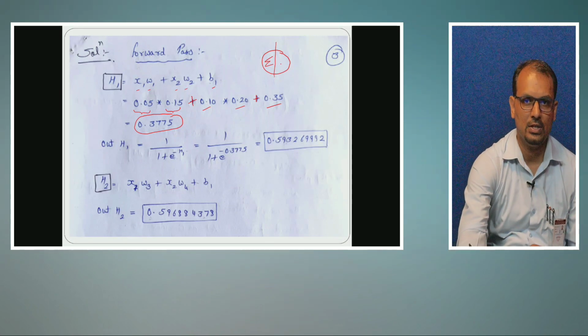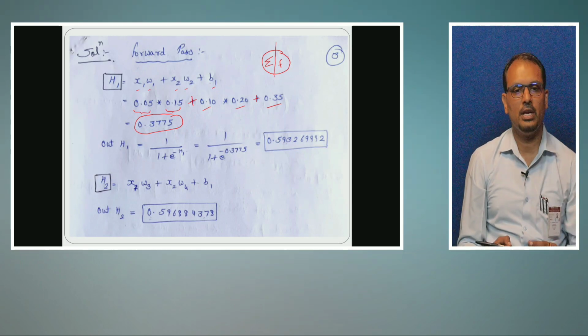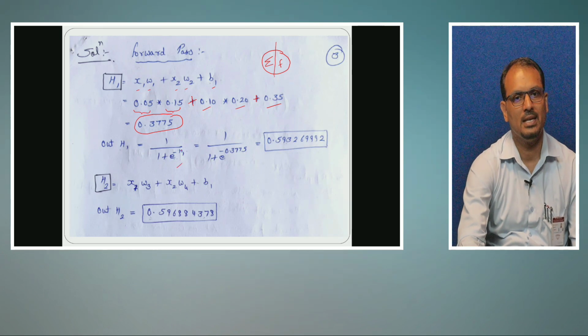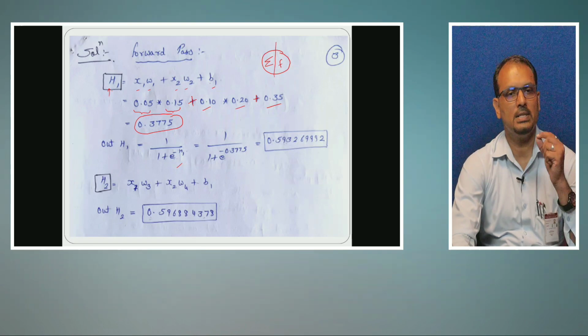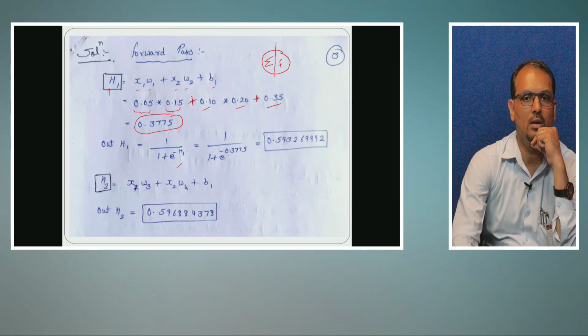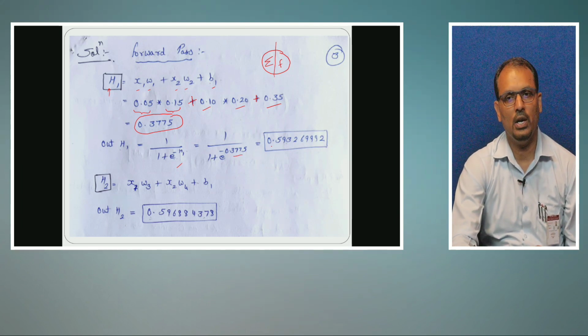And at the second phase, you are applying the activation function f. And what is the activation function here? Sigmoid. And what is that formula? 1 upon 1 plus e power minus x1. Here instead of x1 we are giving the notation h1 value. What is this h1? It is nothing but hidden node 1. What is the value we got here? If you put in this value 0.3775, we have a scientific calculator, we can calculate this value. So finally you will get the output of h1 as